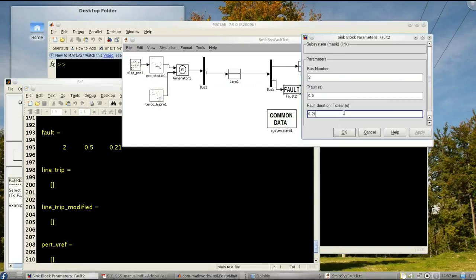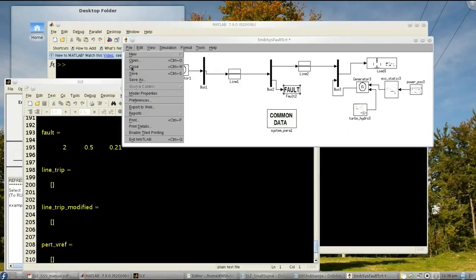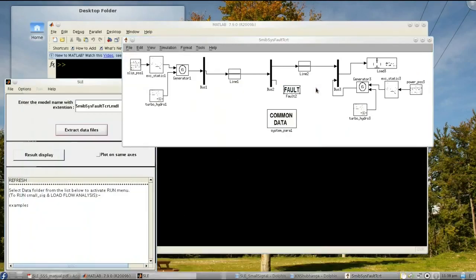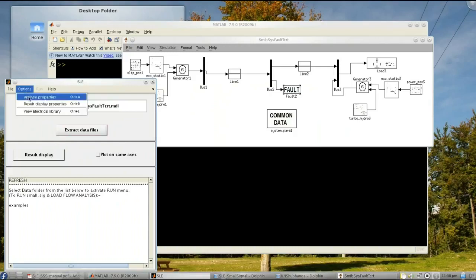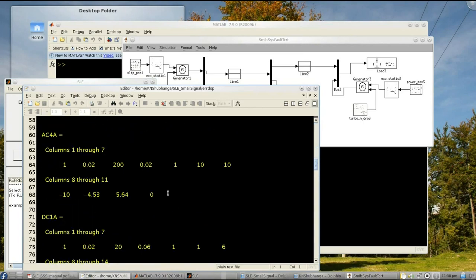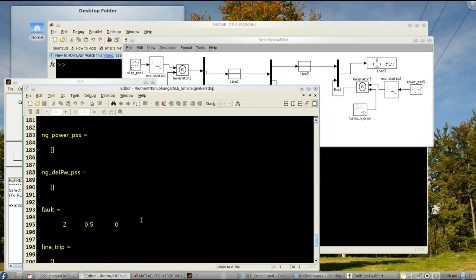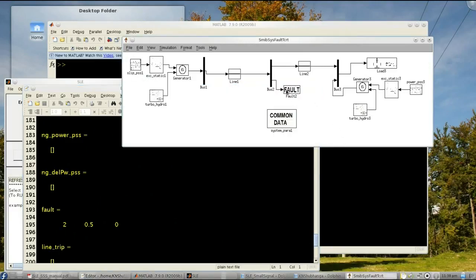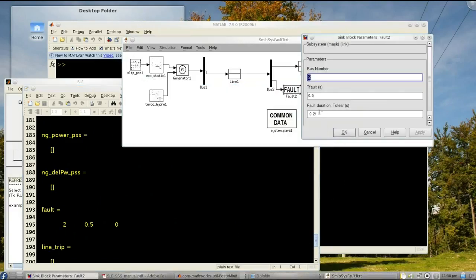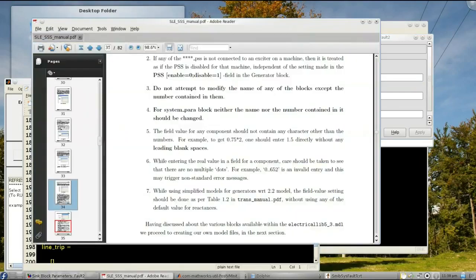So if someone unknowingly enters a space or other characters from the keyboard, it accepts or scans that value as 0 or something else. Let me demonstrate. So again, displaying the data matrix. Scanning the entered variable there, that is, space and 0.21 as 0. It is already scripted in the manual.